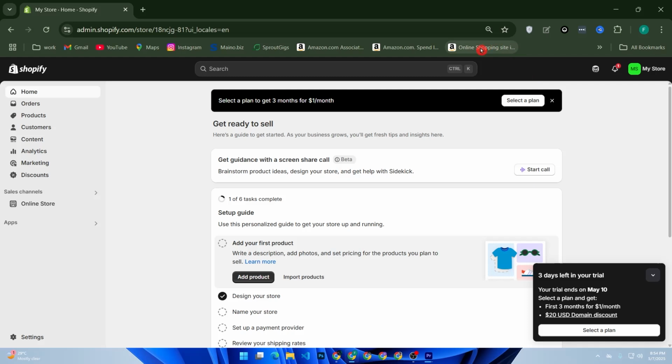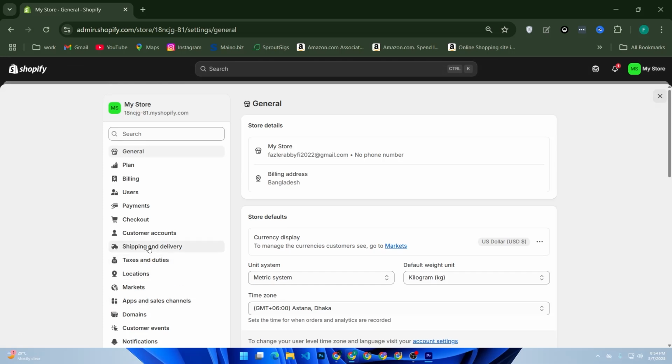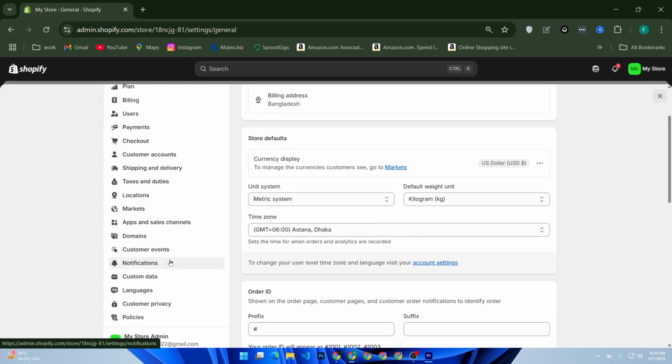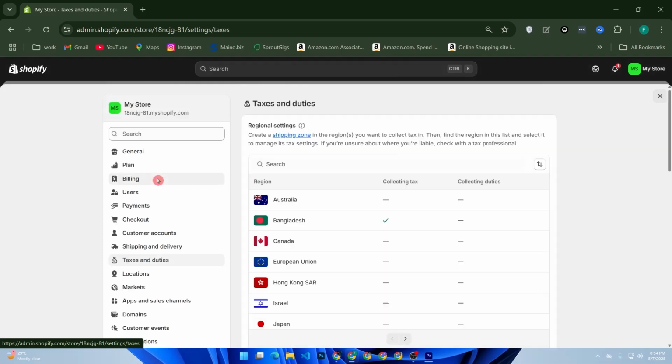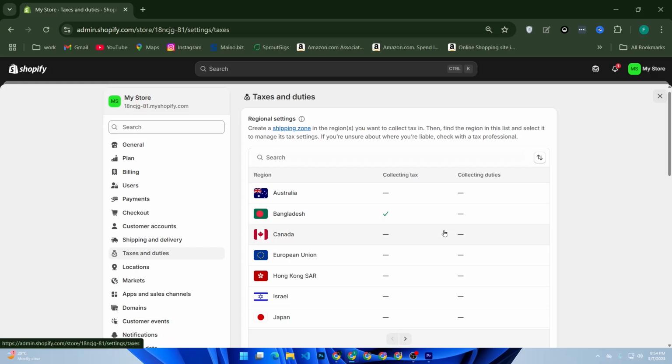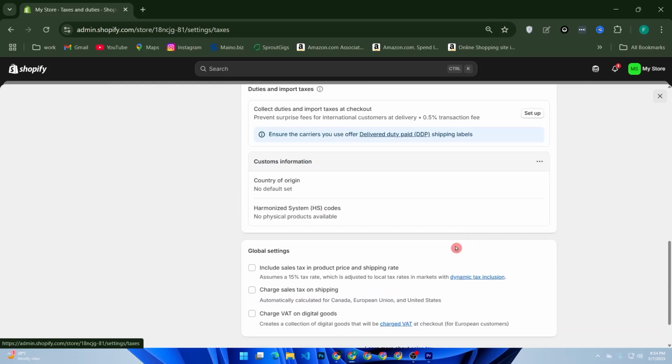Go to Shopify admin dashboard. Click on settings in the bottom left. Select taxes and duties. From the left sidebar, now scroll to your regions like United States, Bangladesh, or Canada, etc. Then uncheck any automatic tax settings. From here,